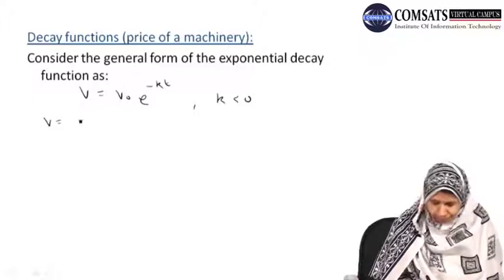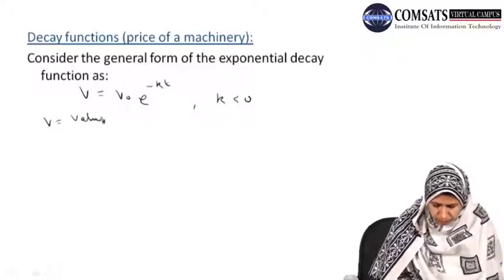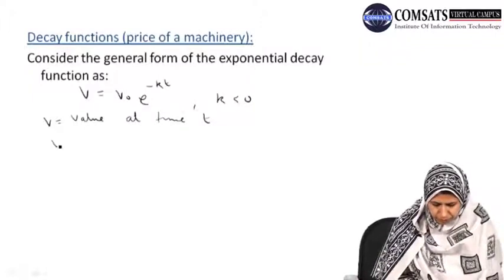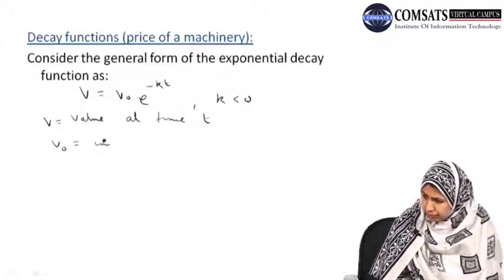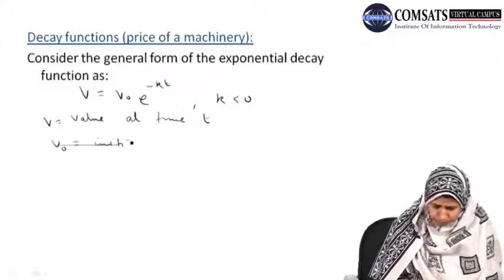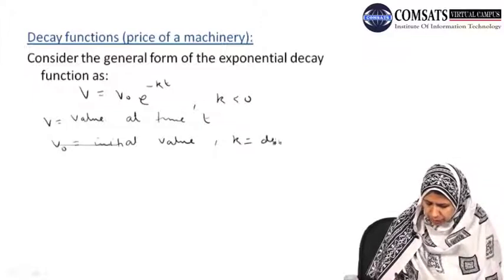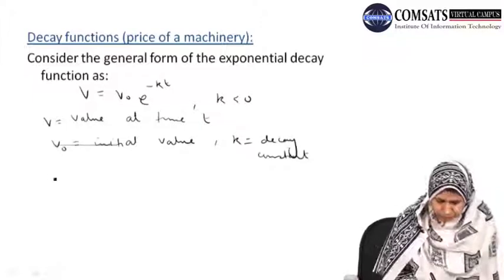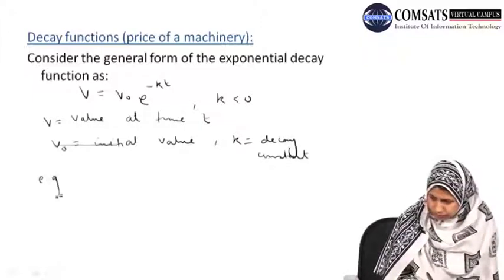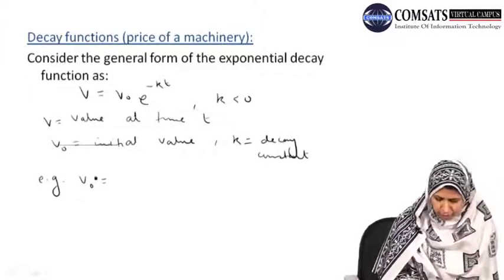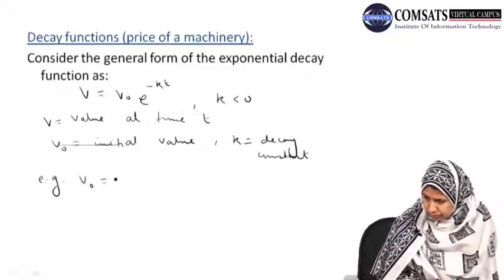V is the value at time t, V naught is the initial value and k is our decay constant. For example, if our initial value is 100